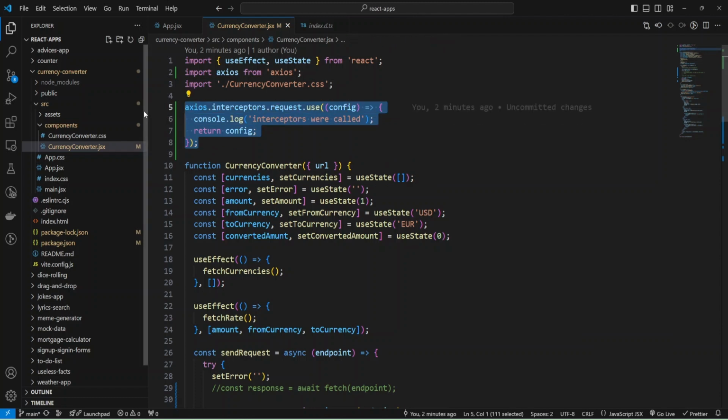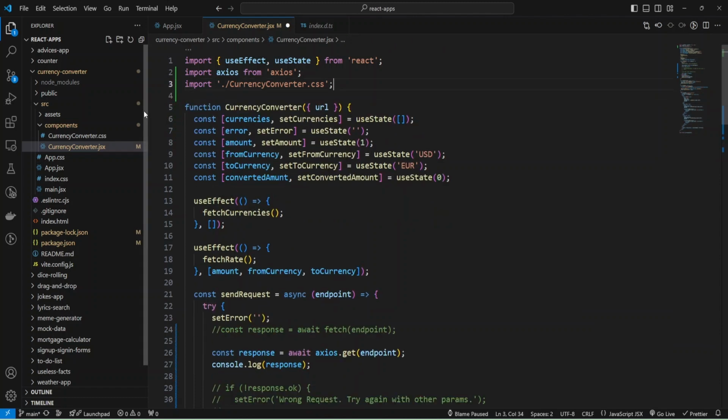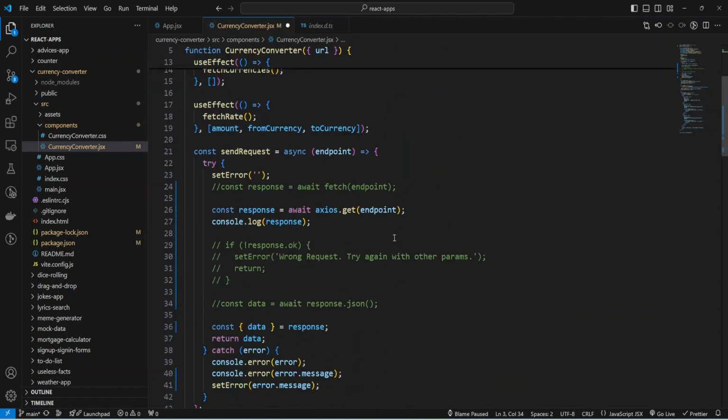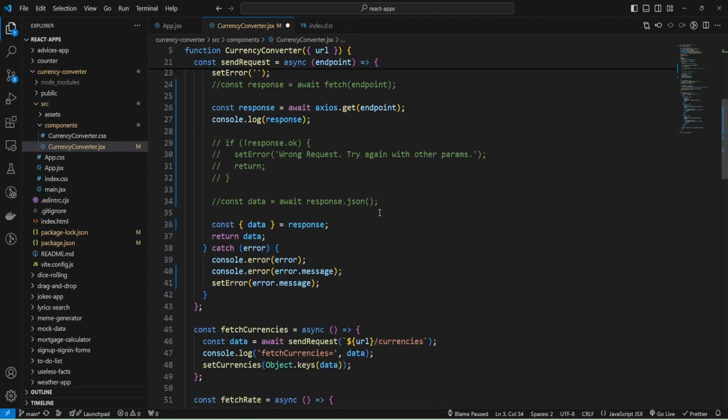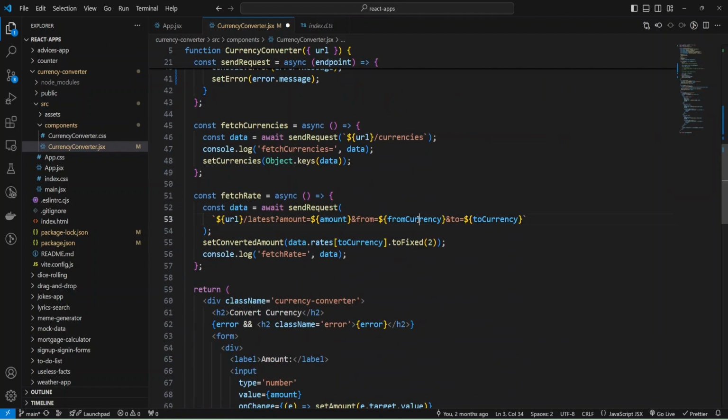I can remove these interceptors. It was just an example, and let me show you query parameters. As you can see in Fetch, we just added the parameters string after the question mark, and I'm going to comment this string.